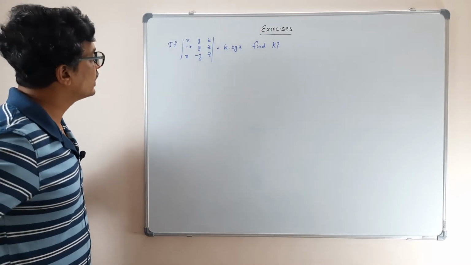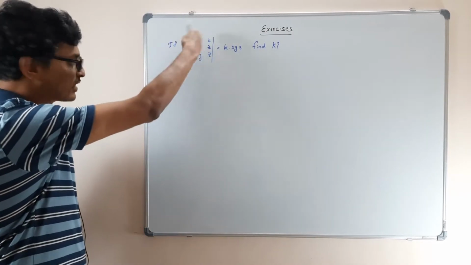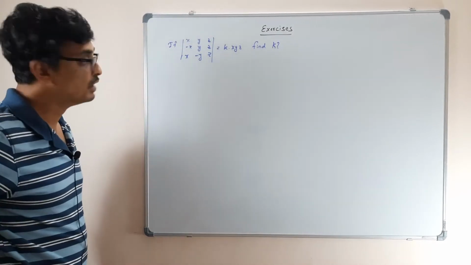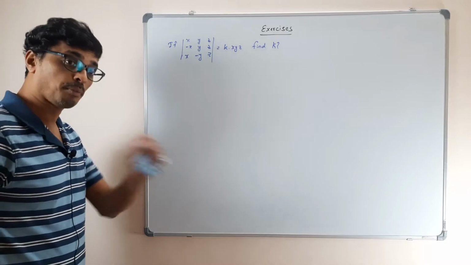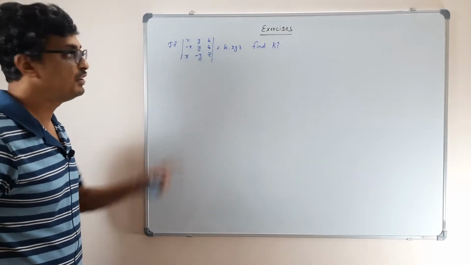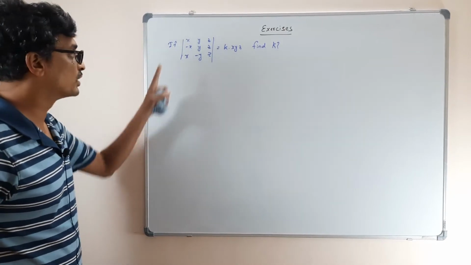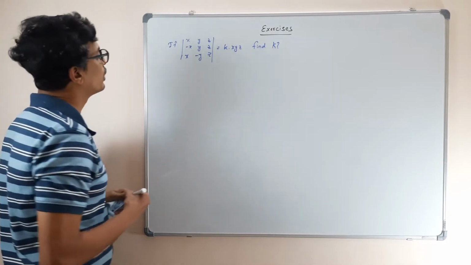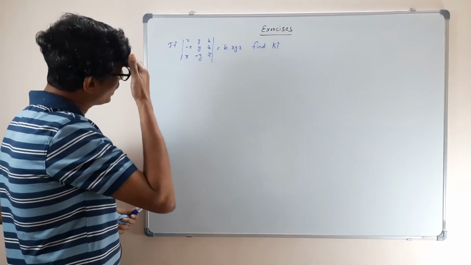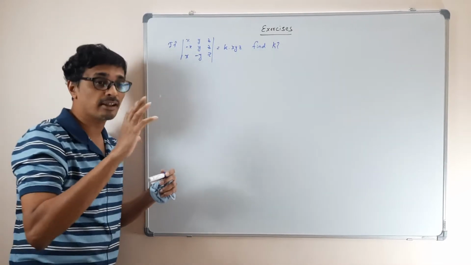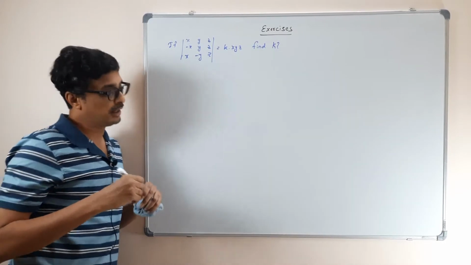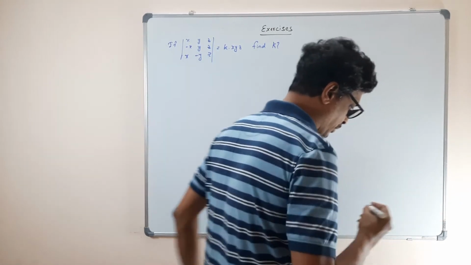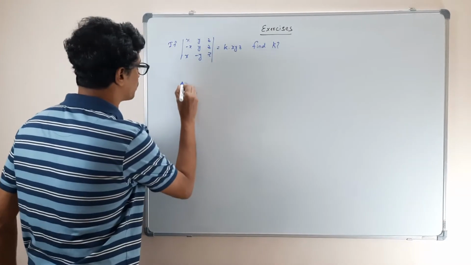One thing is you can actually use the determinant formula and solve it. But if the question says to use just the property of determinants, then you can't use that method. So this problem has to be solved using the properties of determinants. How are we going to do it? One of the very useful properties is linear combination. What do you mean by linear combination? I guess I should do one problem, then it will be easier for you to understand. Let me do this problem.